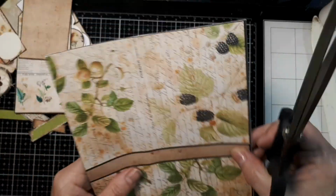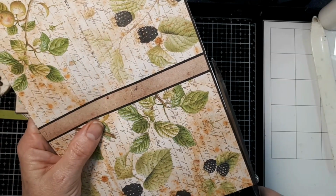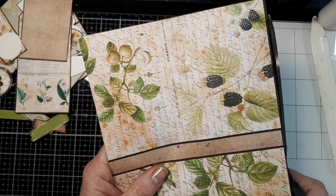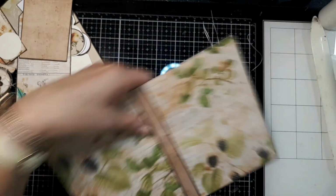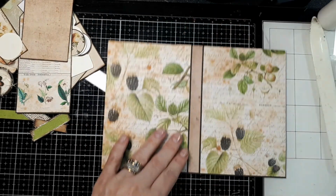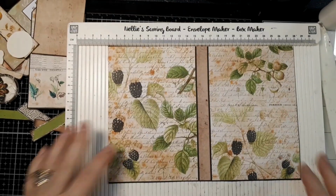I don't know how to say that in English. I do know, but I forgot now on camera. In Dutch we say breedte. If I say that, you probably don't know what I mean. But from this piece to this piece we call breedte, and this piece to this piece, the height, we call hoogte. So I'm just going to score,